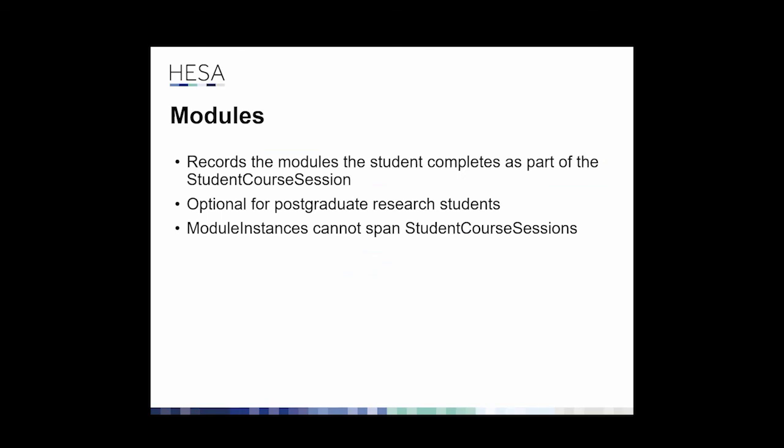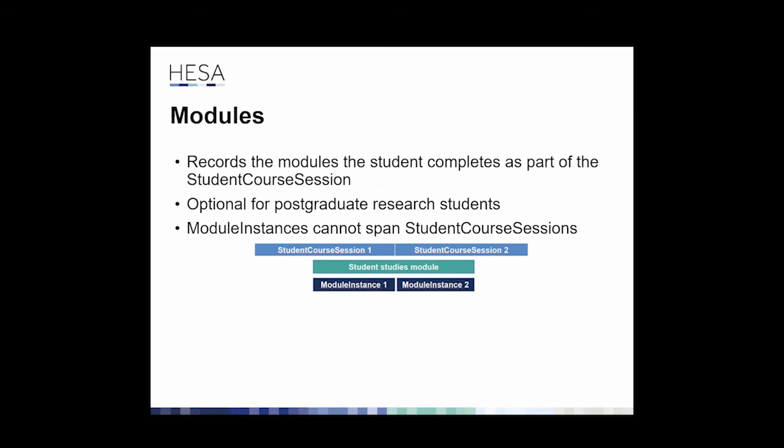So I've mentioned a couple of times that student course sessions are recording a year of the student's activity. We also need the associated module instances to be chunked up into those years. So if hypothetically you had 2 student course sessions here, but the student engaged with a module in a period of time that spanned both of those student course sessions, student course sessions are nice and neatly chunked up into years, so we need the same from the modular information. So we need to slice it down the middle to record that information. So they would have one module instance for the first half and another for the second half, linking to the